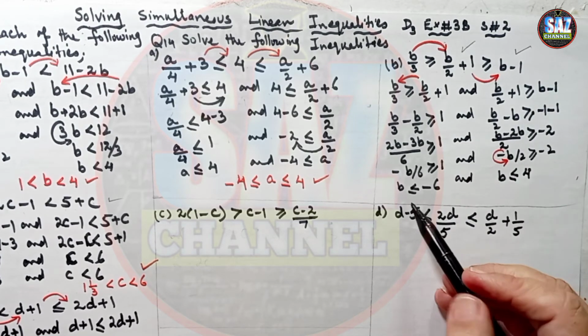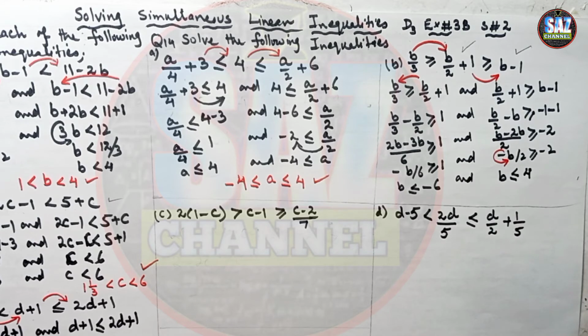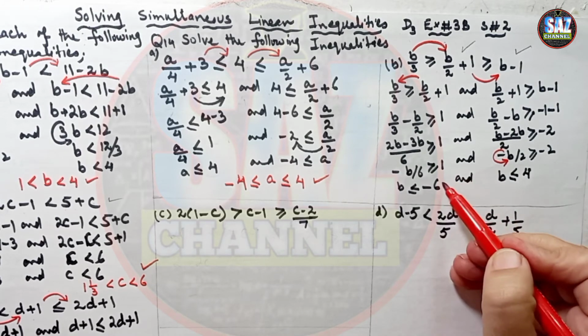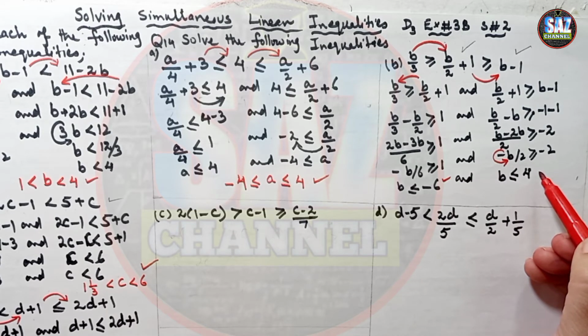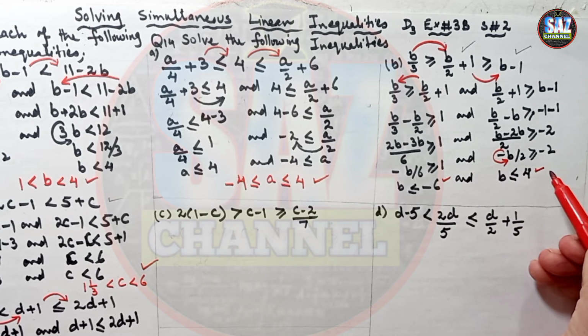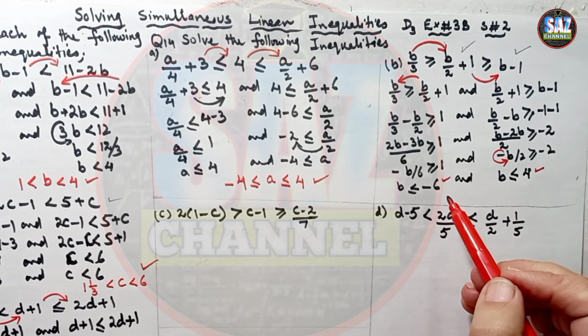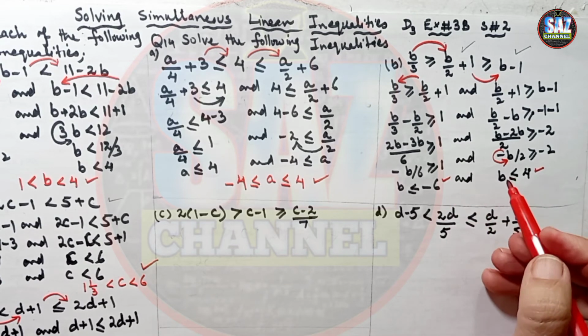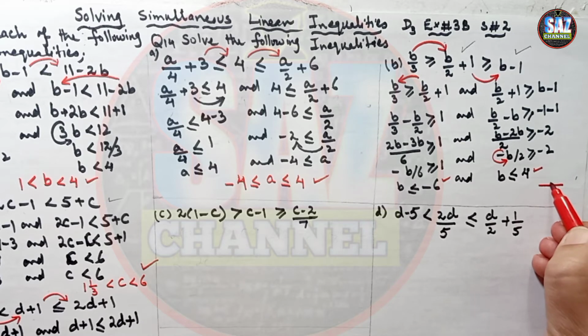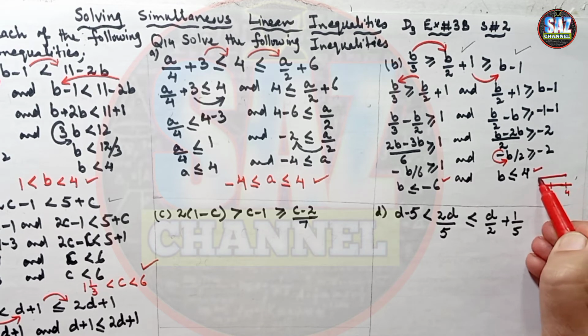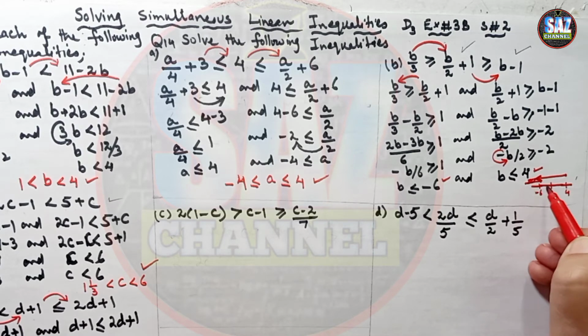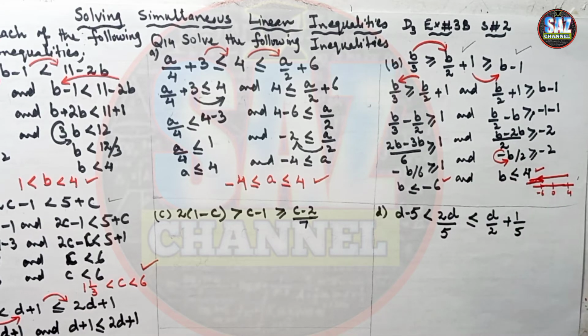So I'm getting both the answers. One is b is less than or equal to minus 6, and b is less than or equal to positive 4. So we can see which one will be the acceptable answer. If I'm drawing the rough solution over here, if this is 4, b is less than or equal to 4, the solution will be going from this point, and if I'm starting the solution from minus 6, the part of the number line beginning from minus 6 is overlapped by both the lines.